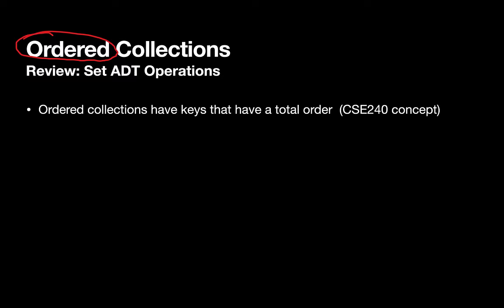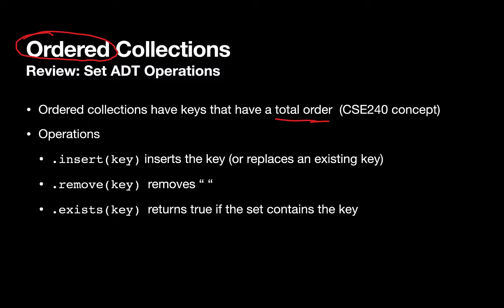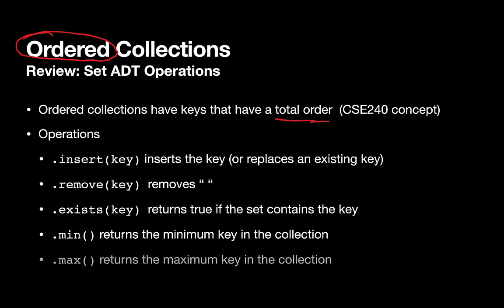Again, we'll assume that all of our data, our key values, represent some sort of a total order. Our basic operations are the insert operation, adding a new thing to our collection or replacing an old thing that had the same key, removing something based on its key, and checking to see if a particular key is already in our collection with exists. Since this is an ordered collection, we've got the concept of min, identifying the minimum value in our collection, or the thing that comes first, so to speak. And then the complement of that, of course, is the max operation. So adding things to the set with insert, removing things with remove, checking if something exists with exists, and min